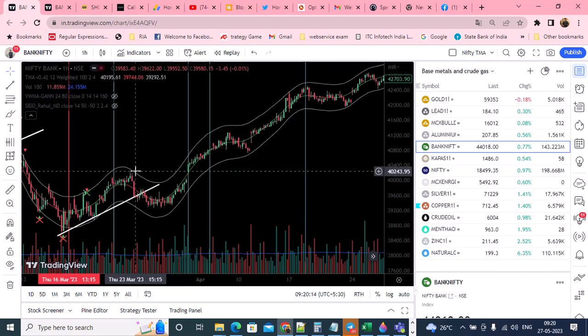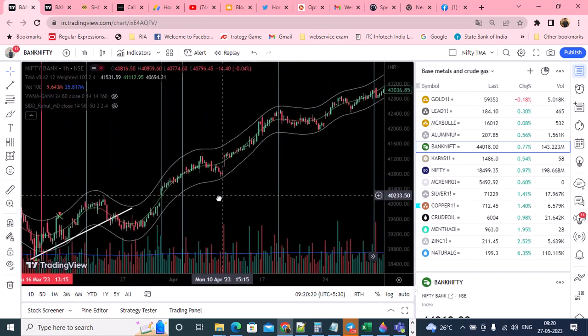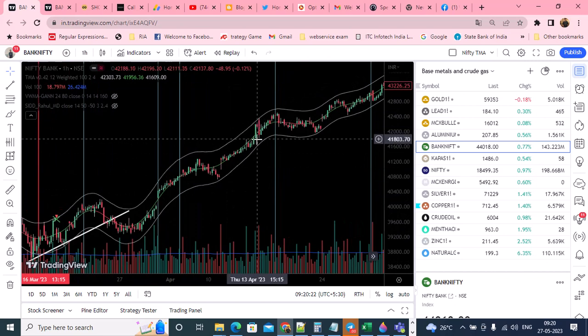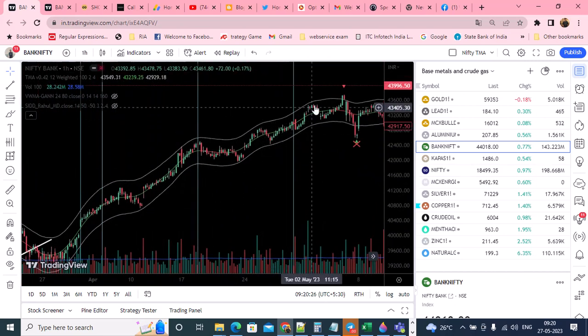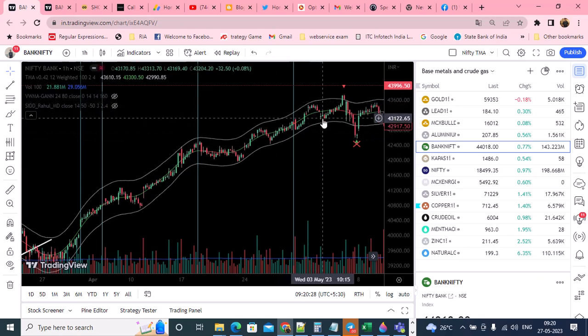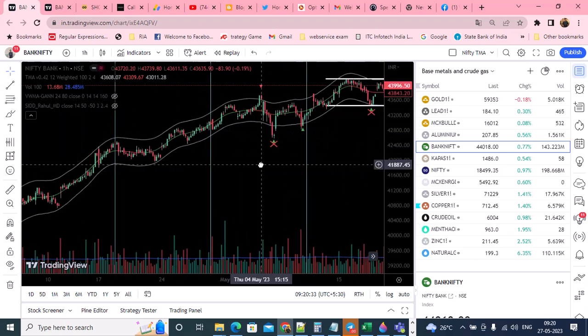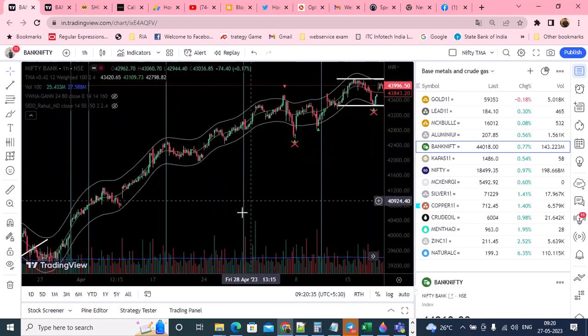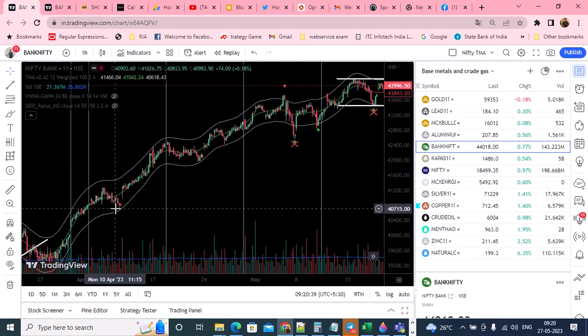Okay, if you see here, when a boundary got touched, it had a downfall. When the boundary got touched here, it went up. Again the boundary got touched, it fell. The boundary got touched, it went up. Boundary touched here, it went up. Boundary touched here, went down. Boundary touched on the upside. So what I'm trying to say is that exactly from the boundary it is getting pushed back in the hourly chart,